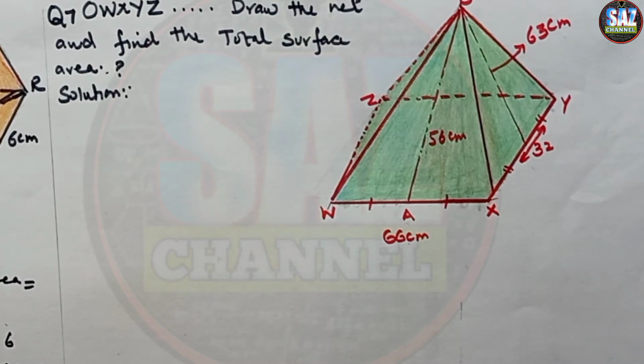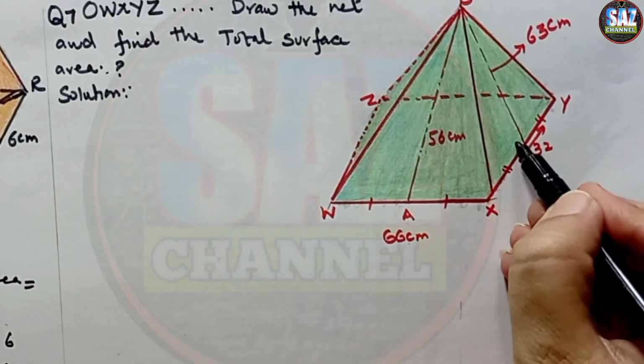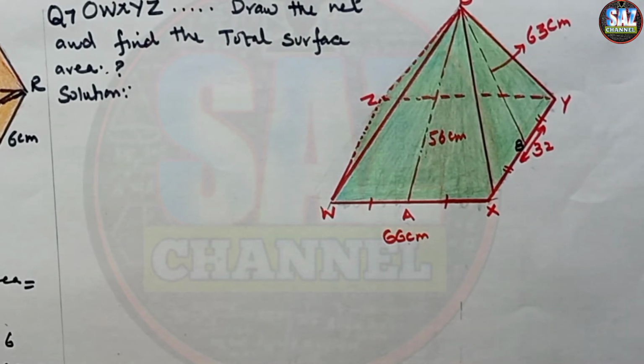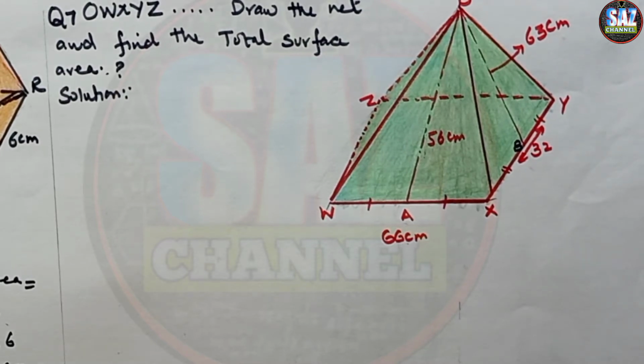B so that my students, B is missing here. This is B is 63 centimeter. Okay. Respectively, draw the net of this pyramid and hence find the total surface area. Okay, really interesting question. Recall my previous lesson in which we discussed the formula for the total surface area of the